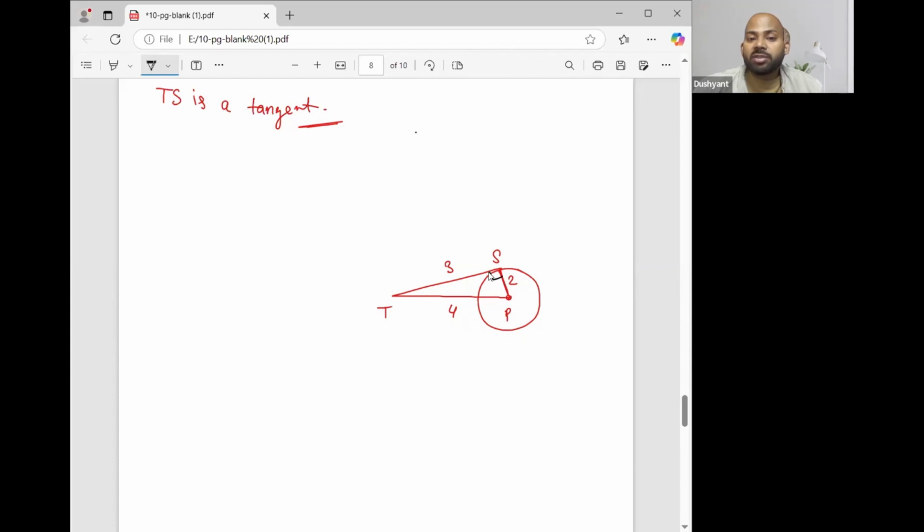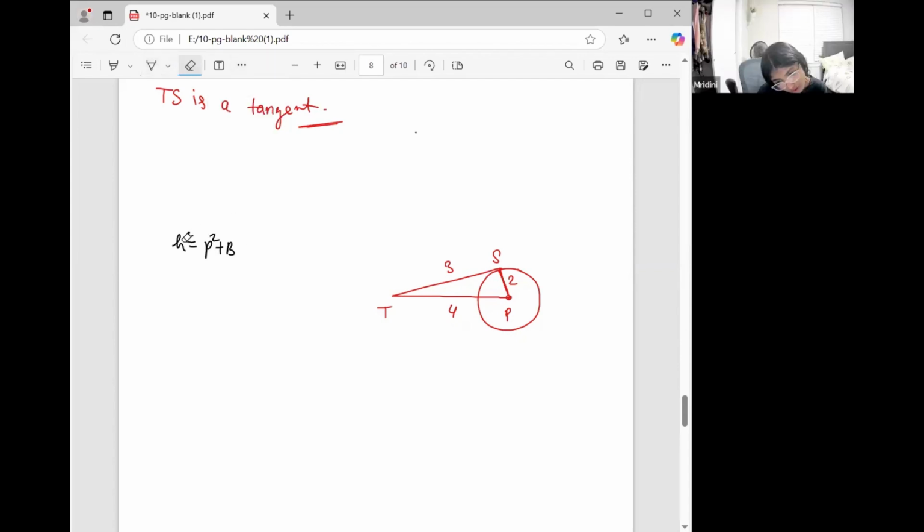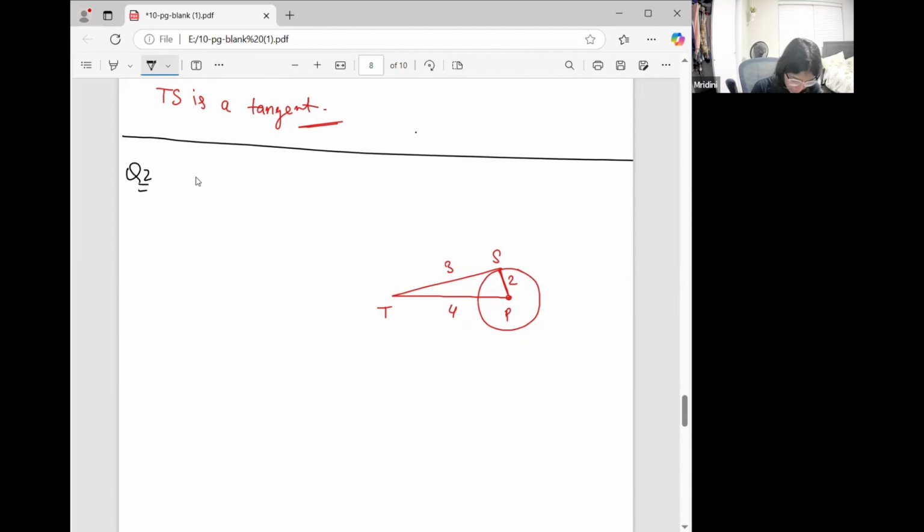The 90 degree is here, so 4 is the hypotenuse, the longest one. The longest one will be my hypotenuse. So hypotenuse square equals perpendicular square plus base square. So 4 square equals